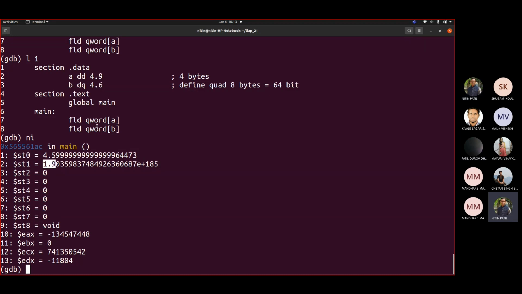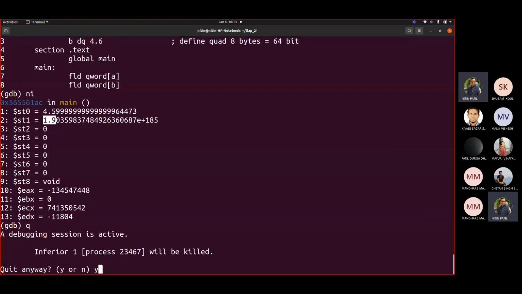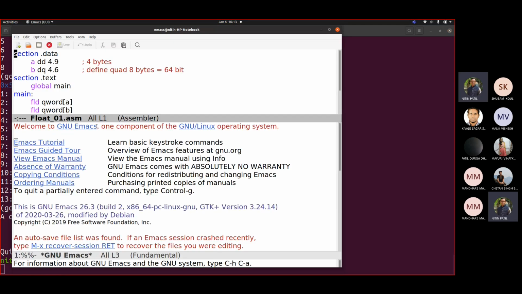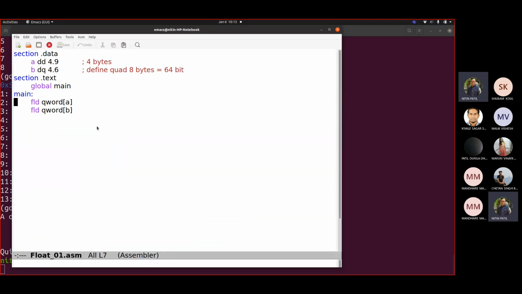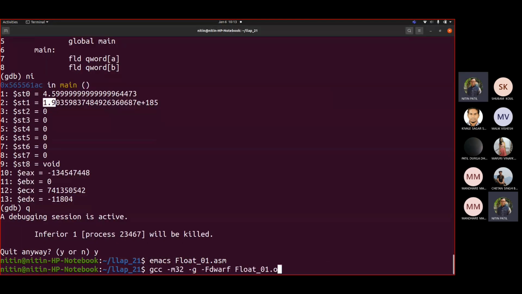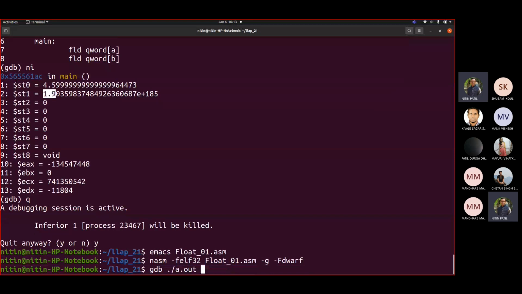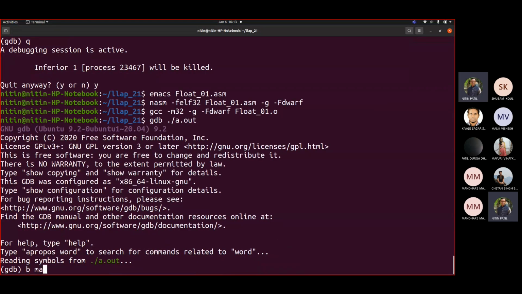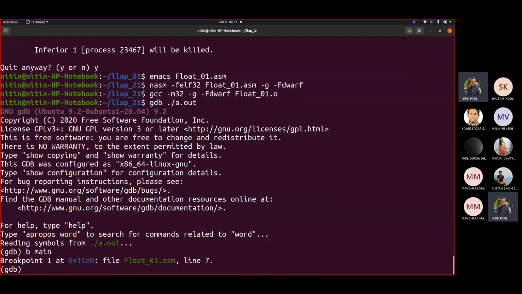Durga? Yes, sir. Okay, so now let us make the change in the code and let us write here dword and let us see what happens. Breakpoint main. Now we know that only two registers are to be displayed.